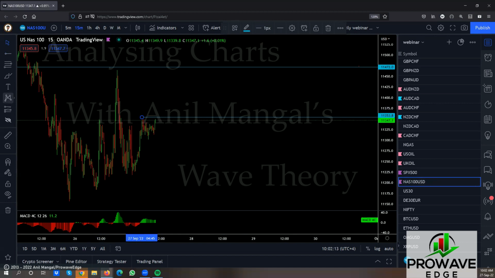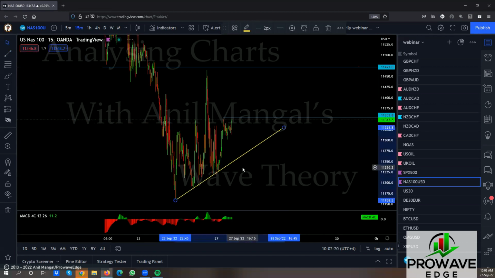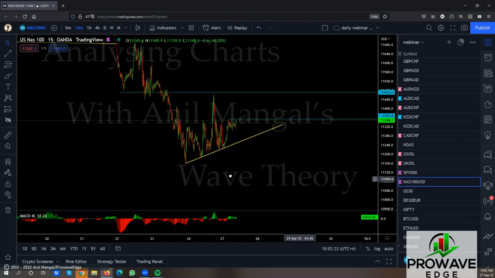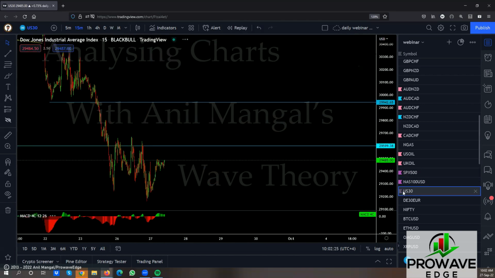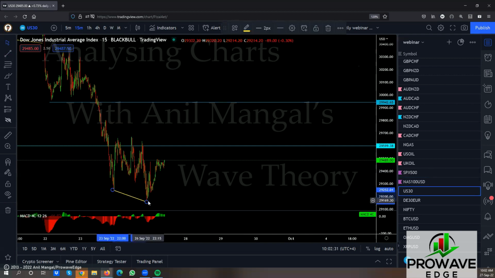And then we will see whether all of this is one big correction. All of this here is just one huge correction for downside. Same should be here. This one would be an expanding flat or running flat. This one you have to be careful, it could be a running flat. I don't think that is all. It could be that is all and that's a low, but then you have a running flat in here.